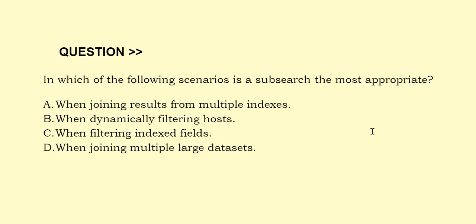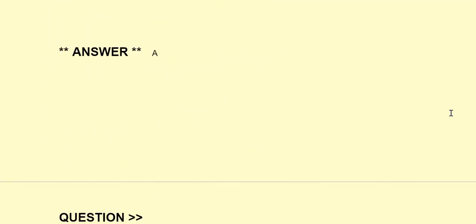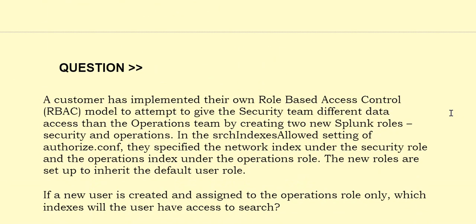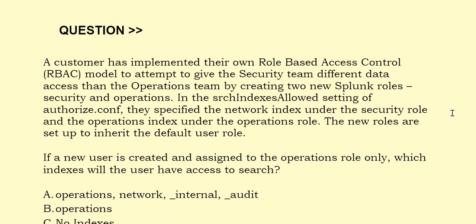Option A, when joining results from multiple indexes. Option B, when dynamically filtering hosts. Option C, when filtering indexed fields. Option D, when joining multiple large databases. The correct answer is option A. Our next question is, a customer has implemented their own role-based access control RBAC model to attempt to give the